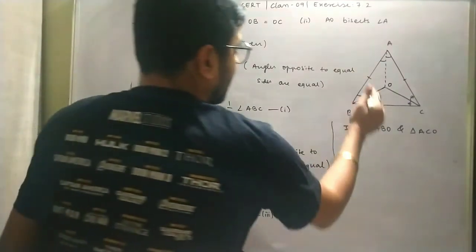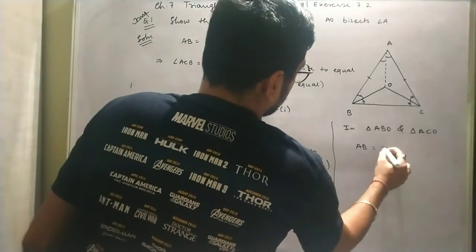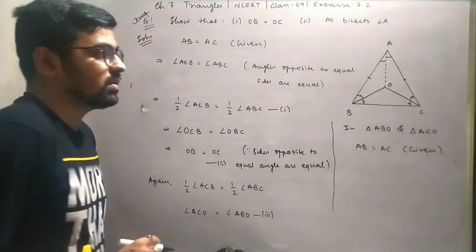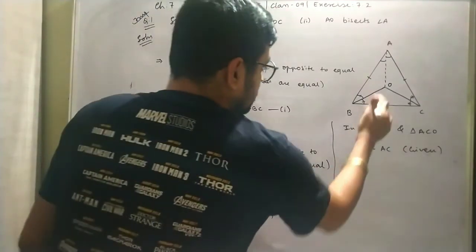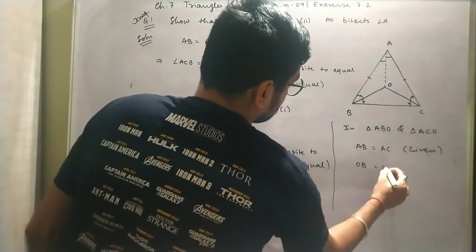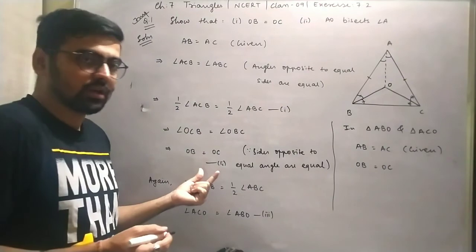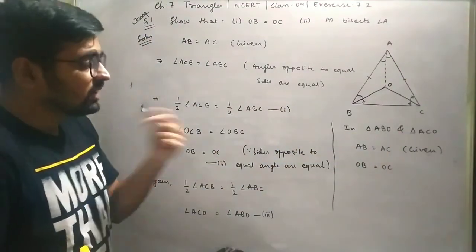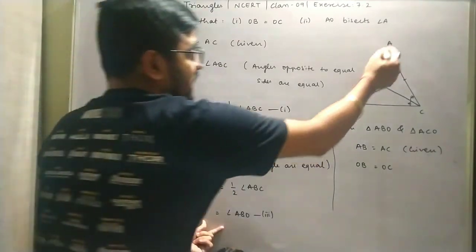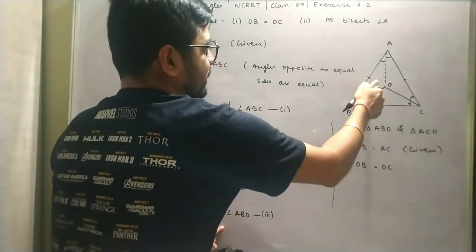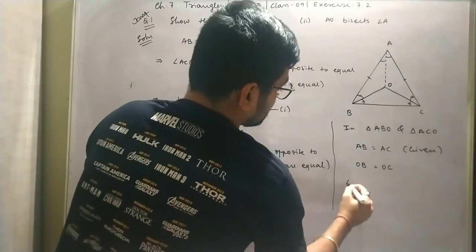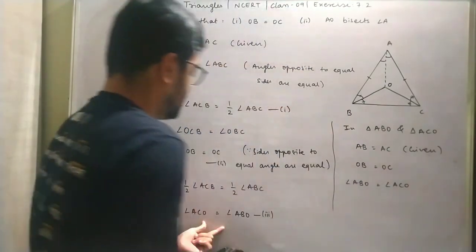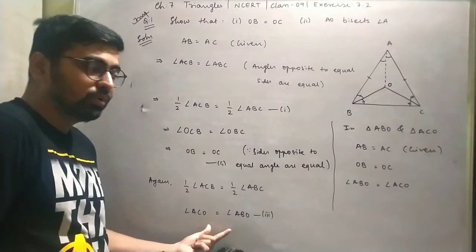So in these two triangles I know that AB is equal to AC. This is given, correct. We proved this also. OB equals to OC, correct. We proved here. So if you want you can write in the bracket proved, correct. Then the third one is we know this angle ACO and ABO. If we look at the triangle ABO first, I will write angle ABO is equal to ACO. So this is also somehow we proved, correct.